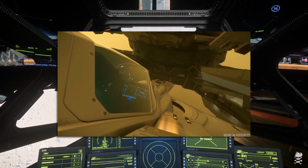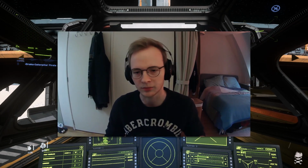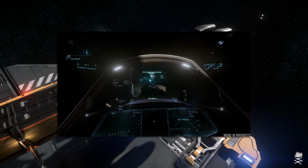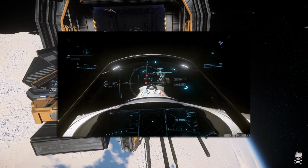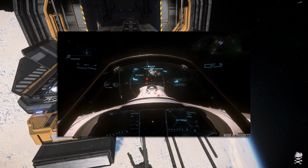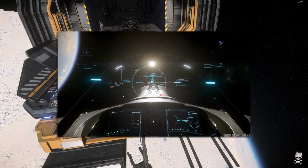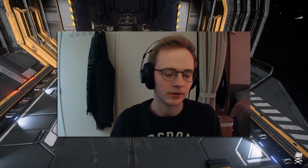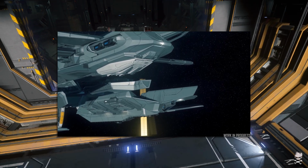So while some people might look at this situation and say, oh, well, they're only doing one ship, so it's no big deal, the truth of it is that this basically opens up the door for so many other ships. And one of the biggest problems with Star Citizen is that often you'll hear people saying things like, oh, well, they've already delivered so many ships, so they're already so far ahead of the game, you shouldn't worry about it. But the elephant in the room has always been the fact that none of the ships in Star Citizen are